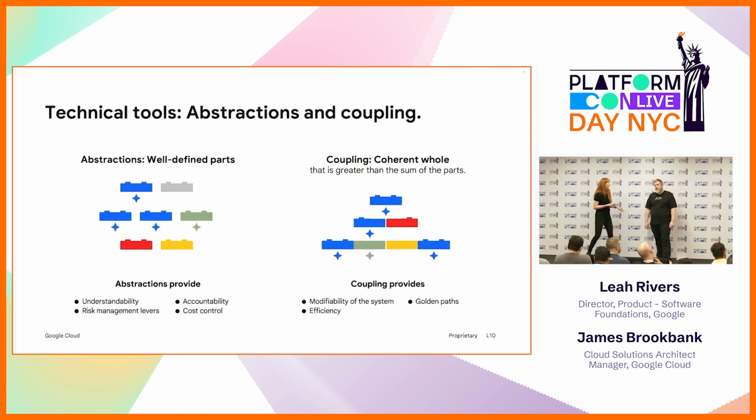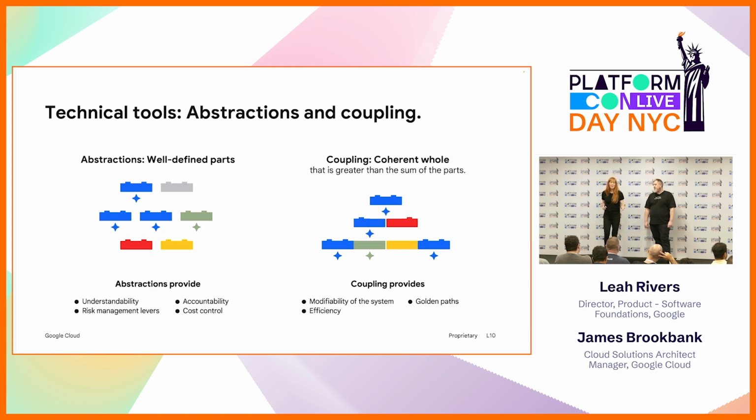Okay, so if we want to have controls over quality attributes and we care about architecture, where do we look? What tools do we have? In our experience, we're finding that looking through the lens of two fundamental tools that we have for our platform and ecosystem design is super helpful.